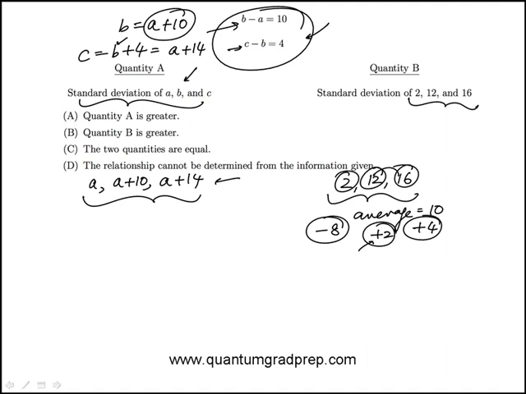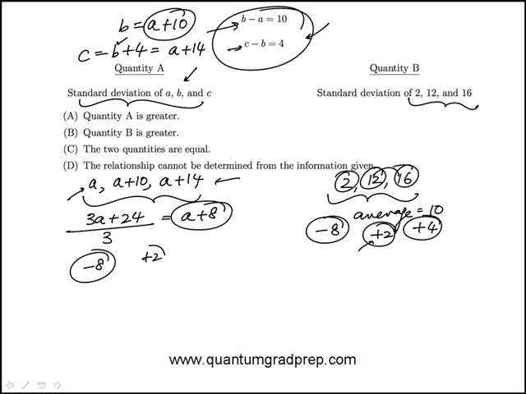Now here the average, if I add all these terms, would be 3A plus 24, and if I divide this by 3, that would be my average. This is A plus 8. That's my average. Now the deviations from the average, the first term is 8 to the left, A plus 10 is 2 to the right, and A plus 14 is going to be,